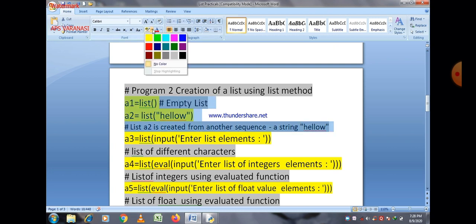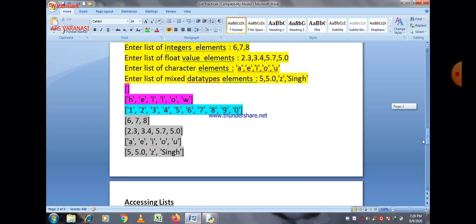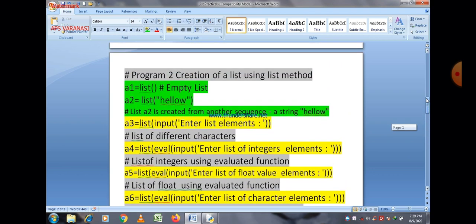This is the first part of the program, which creates an empty list, then hello, and so the empty list will be there, and you just pass the string hello as a parameter value. So hello is considered as characters, and numbers are also considered as characters only.